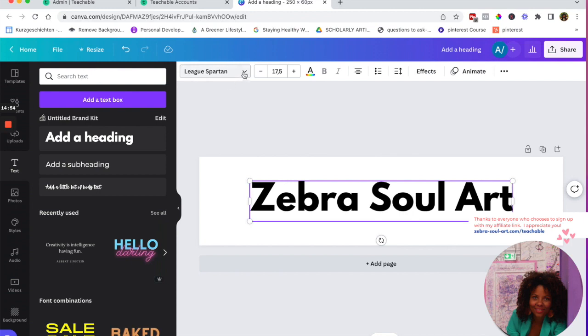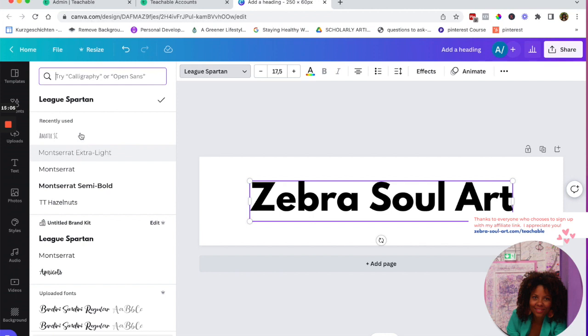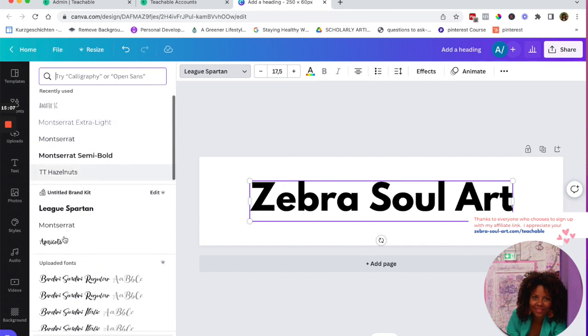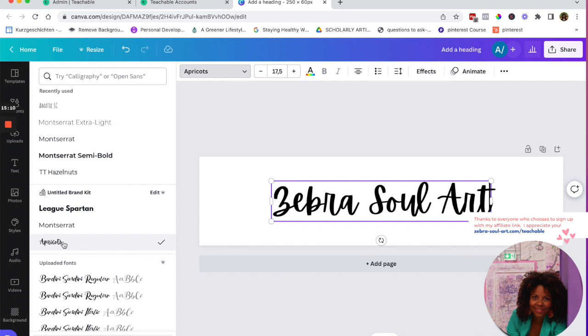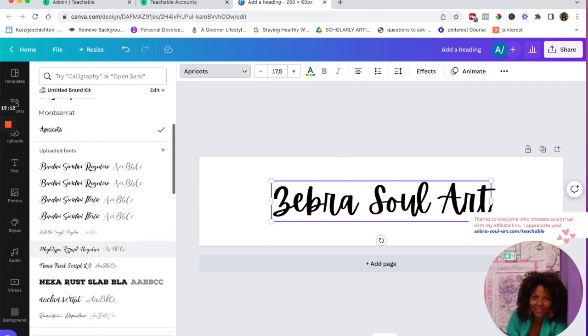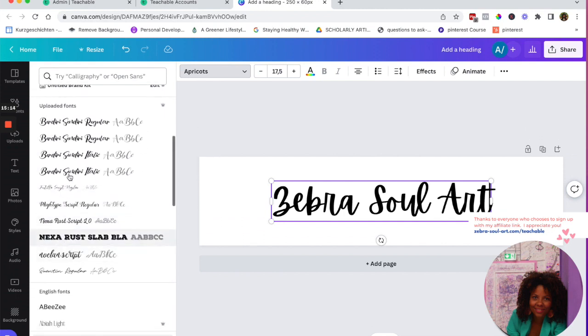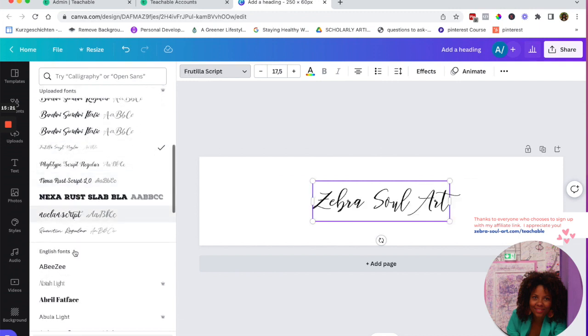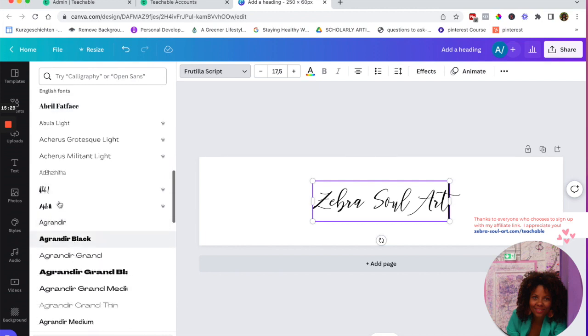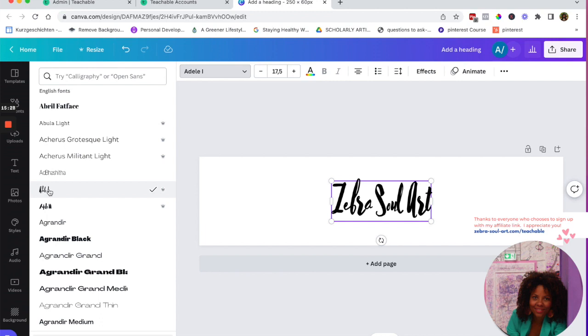Here, that's where the font area is. So just click on the drop down arrow and then you can choose your font. Make sure it's readable. So for example, this one, it's not really readable. It's still okay. A lot of feminine pages use this. But for example, I wouldn't use something like this, because the more fancy something is, if someone is just scrolling over your page, it's not very easy to see what the letters mean, that it's Zebra Soul